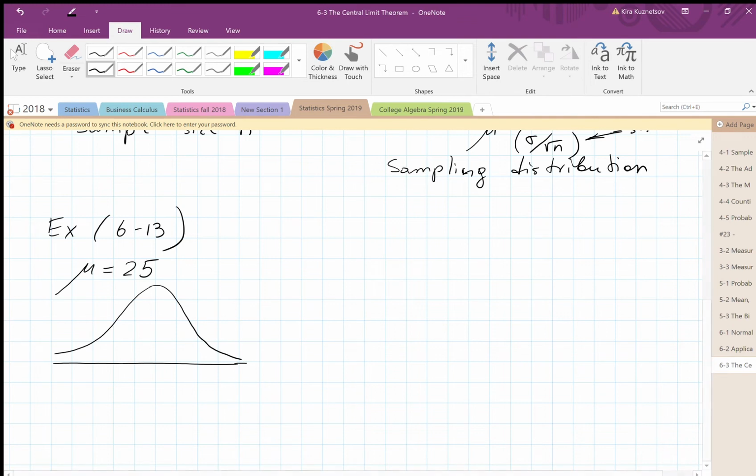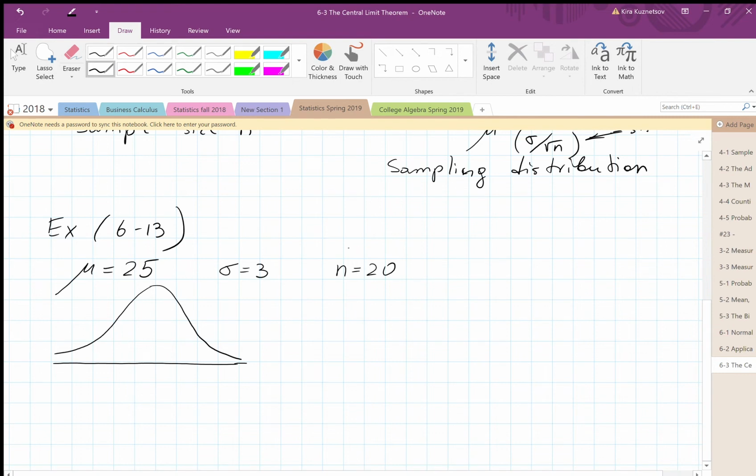Assume the variable is normally distributed and the standard deviation is 3 hours. So they gave me that the standard deviation is 3. If 20 children between the ages of 2 and 5 are selected, they actually gave me that my sample is of size 20. Find the probability that the mean number of hours they watched, meaning the sample of 20. So we're not looking for individual results, we're looking for the results of a group of 20.